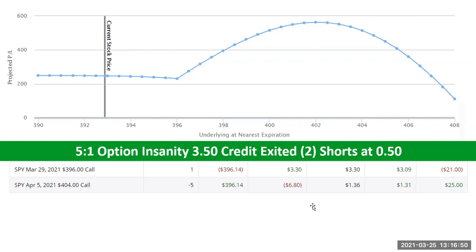So I just held on to that one at this point, and I may or may not add the 3-1 spread, because they're down to like 50 cents or something like that. And if the market comes back up, then I may add that in. Obviously I could have added a long at a cheaper price. All sorts of things I could have done here.